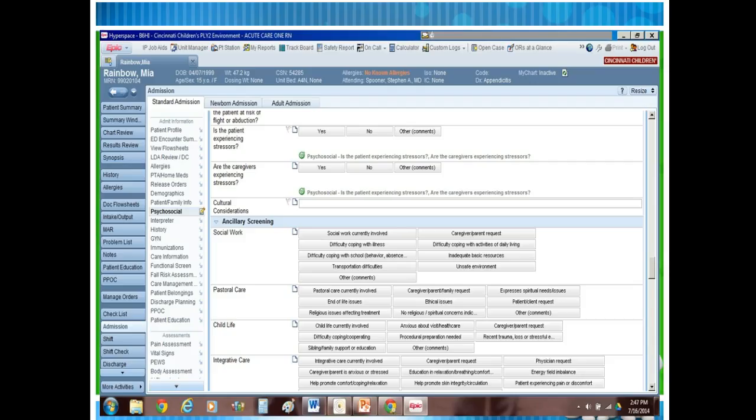The next slide, I'm just showing you in EPIC what that might look like, your family assessment. This is just a glimpse. I just used playground, so, you know, Mia Rainbow's not a real patient. So this is showing you a little bit of what a family assessment looks like there. Is the patient experiencing stressors, right? If you say yes, you can mark down some of what those stressors are, and then what are you thinking that you might need to consult? Social work, child life, integrative care, like our aromatherapy and therapeutic touch, massage, that kind of stuff. Those people are going to be automatically notified, which is beautiful.